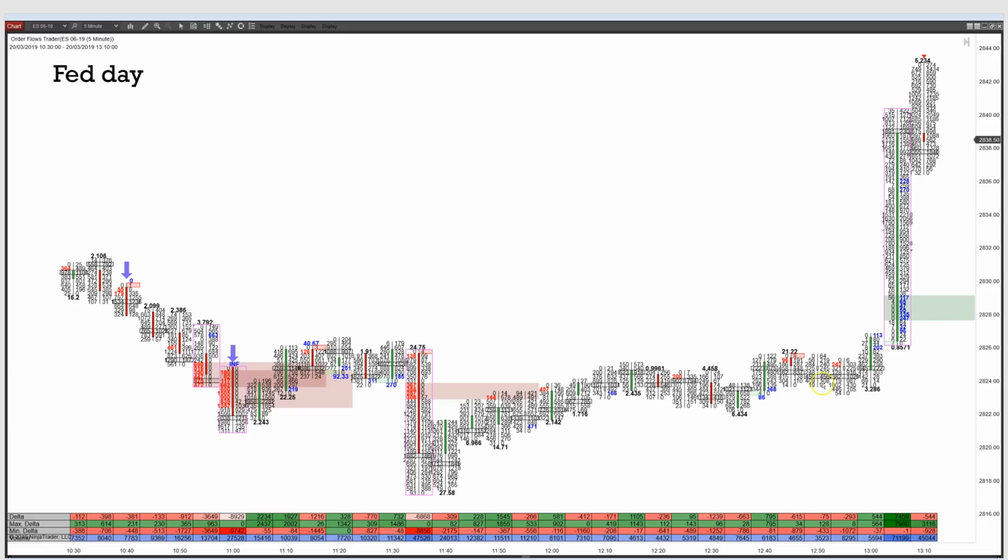Again, I wouldn't be trying to decipher what the Fed's going to say based on the price action in the S&P futures. I'd rather just wait for the Fed to make their news rather than trying to figure it out. But again, put your hand over this area over here. When you're in consolidation, it's hard sometimes to figure out which way the direction is going.